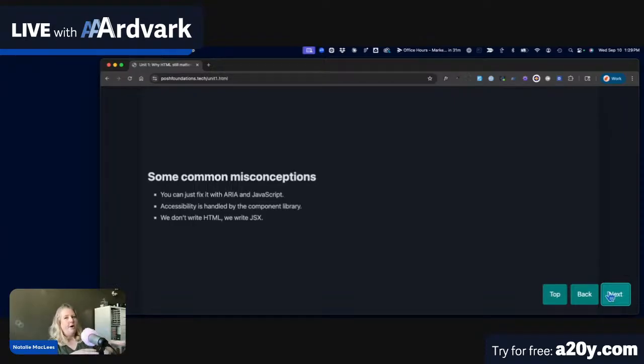So let's talk about some common misconceptions that I hear. "Oh, it's no problem. You can just fix it with ARIA and JavaScript." Sometimes you can, sometimes you can't. And even when you can, it's significantly more work. And even if you do everything correctly, which is pretty rare, because I think a lot of times we take